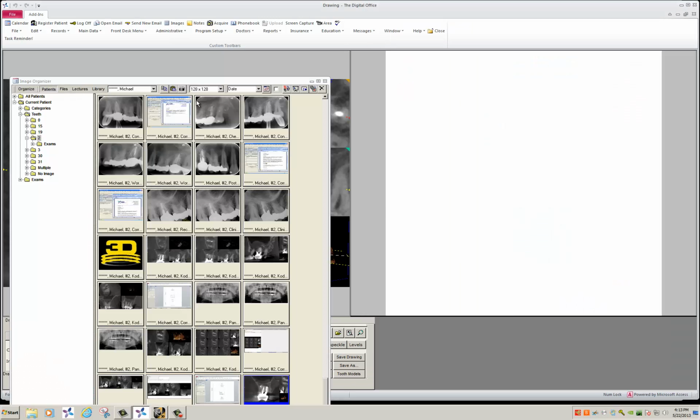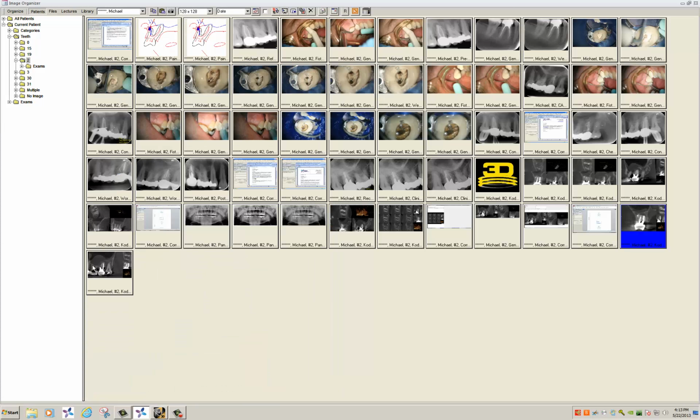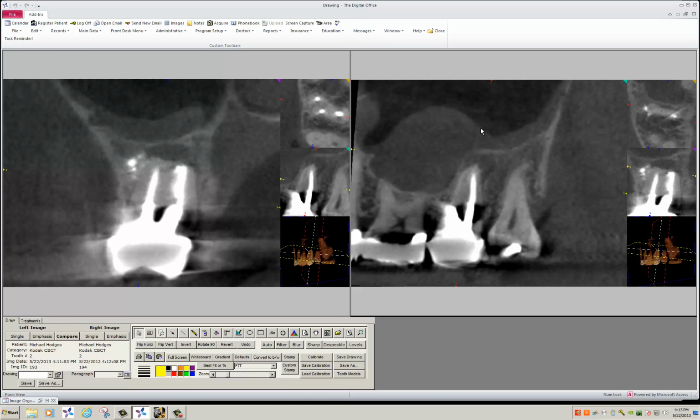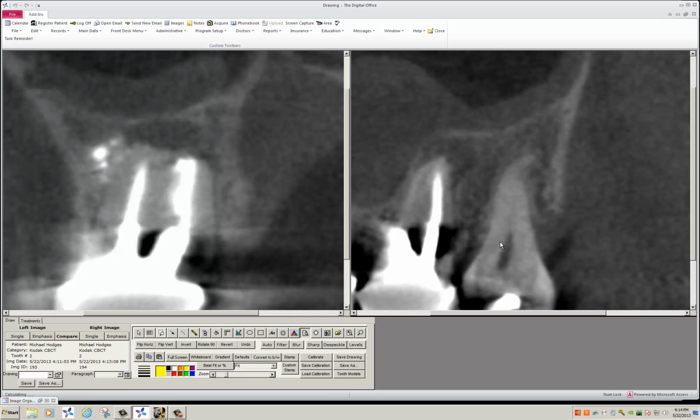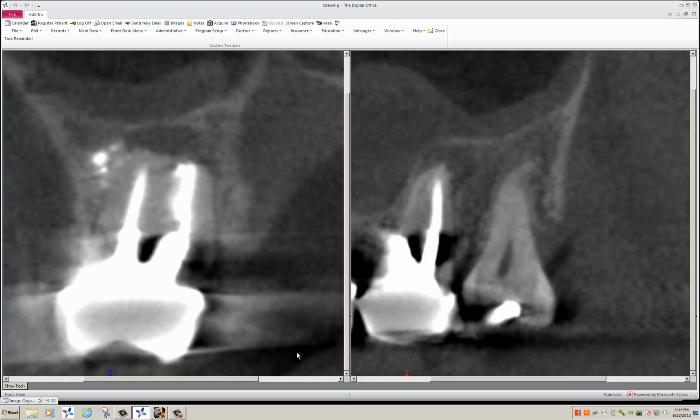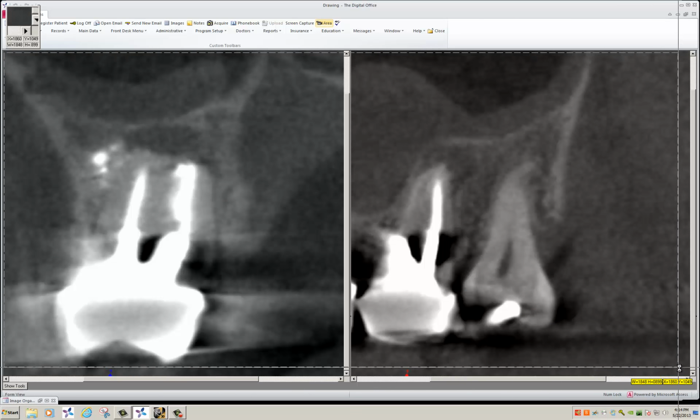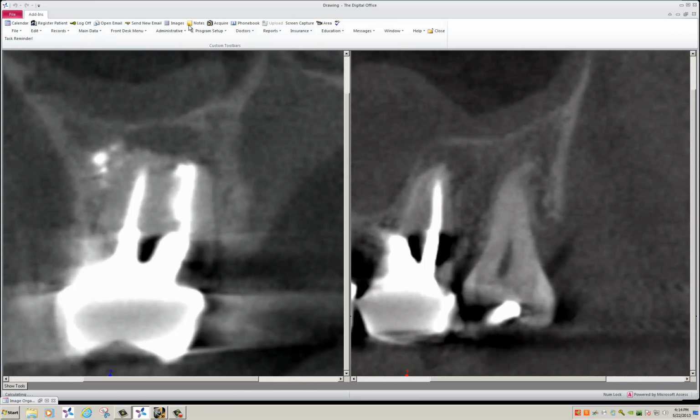Then I click on this side, I click here, and now both of them are loaded side by side, and I can actually magnify these up even higher. Let's say I want to show these side by side. I'll go down to full screen, and I want to actually show this picture side by side. All I do is go up to the cropping tool in TDO, click and drag, crop that comparison,